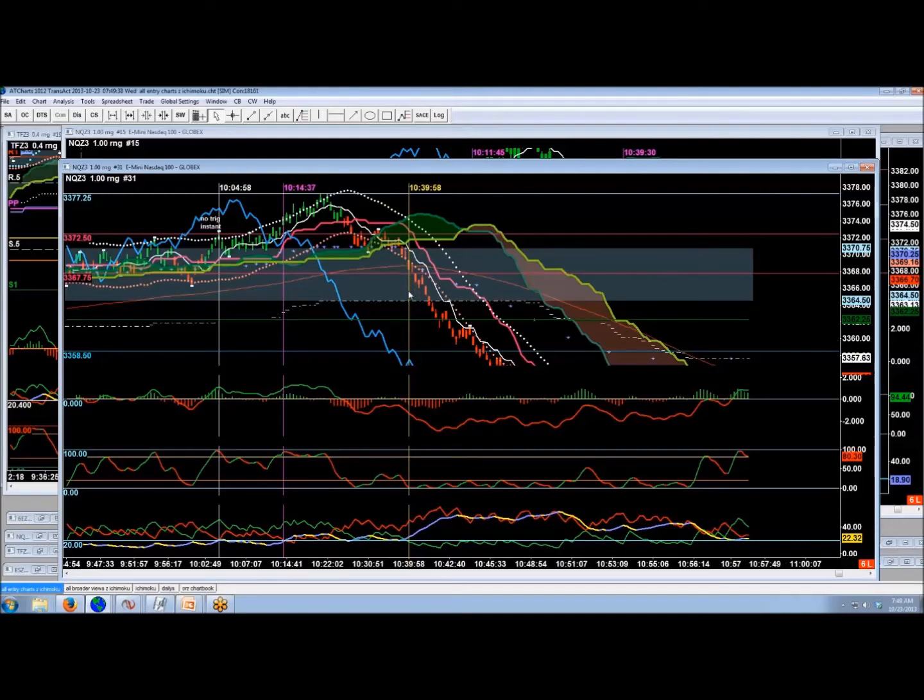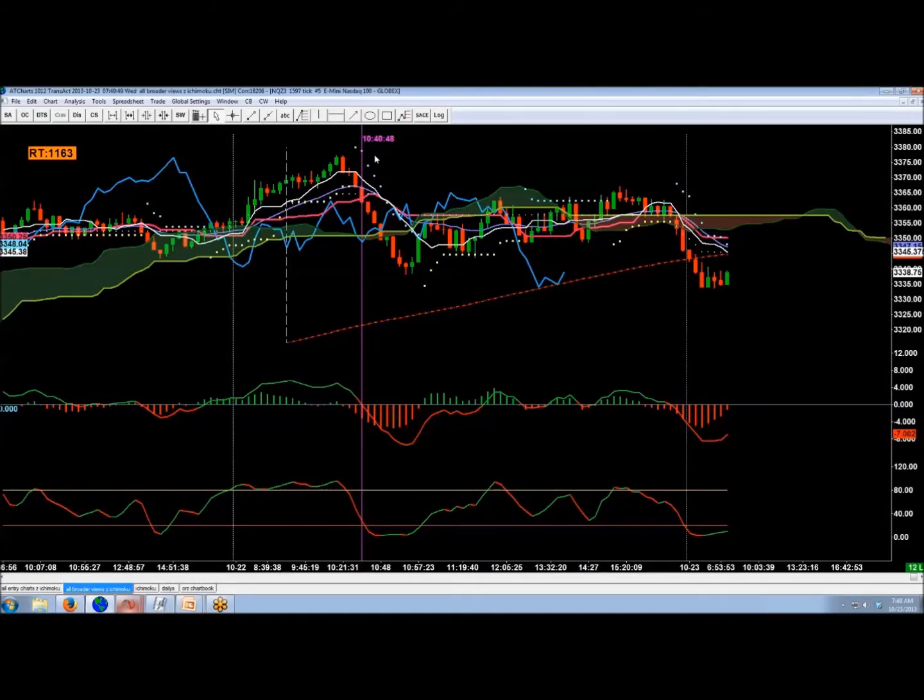The other option is, if you don't have a setup on whatever chart you currently trade off of, you can try to find a way in from another chart. So at that same time, we actually had a kaboom setup off the 1597 tick chart, which, by the way, is what I've really been trading the kaboom setup from. A lot less noise, shoot for bigger targets. It does require a bigger stop, but in this case here, MACD line crosses below zero, and you get in under this bar here,